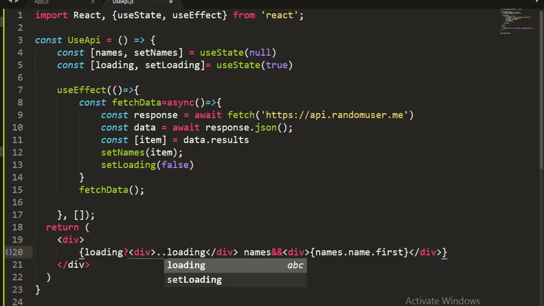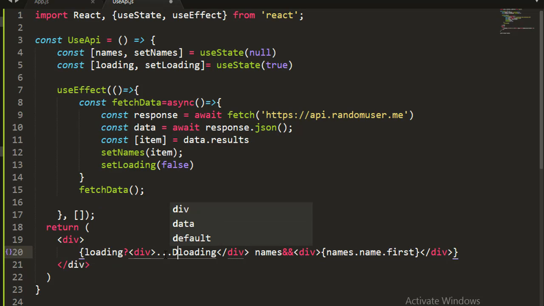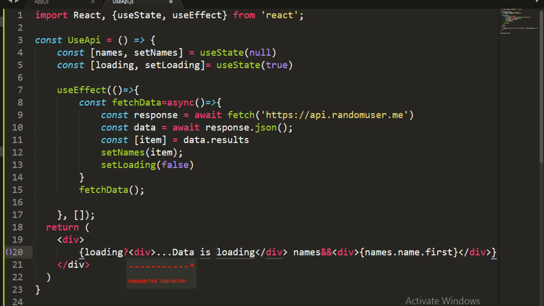Do you get what I'm saying? So let's say data is loading. If the loading is true, this should display. But if it is false, then we want to have our data, and this will disappear. Hope you understand what I'm trying to say. So if the loading is true, we'll display data is loading, but else if it is false,